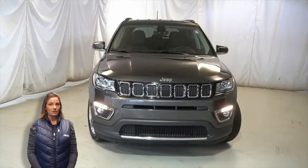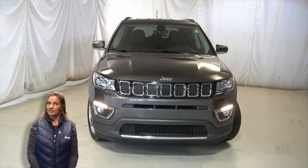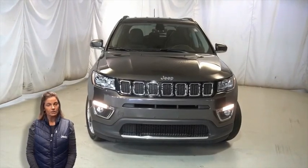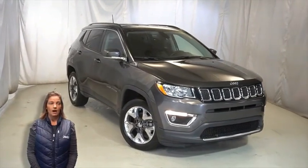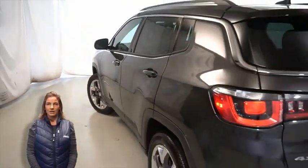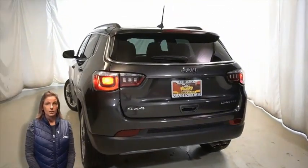If you're looking for a functional, compact SUV with both reliability and safety for the whole family, then take a look at this 2018 Jeep Compass Limited in granite crystal metallic. With halogen quad headlamps, front fog lamps, 18-inch aluminum wheels, power heated mirrors, bright daylight opening moldings, single exhaust with